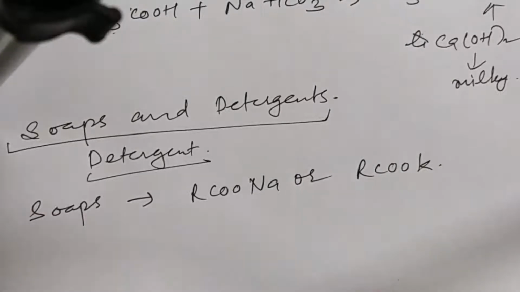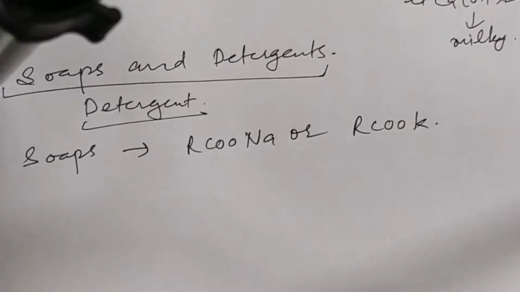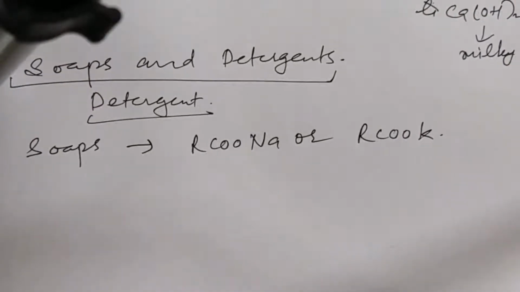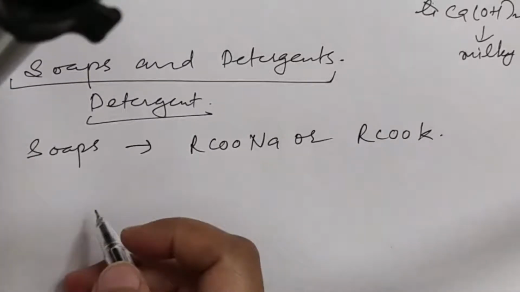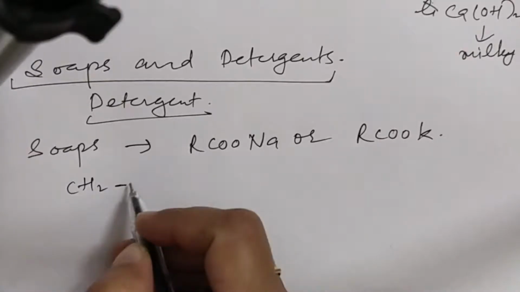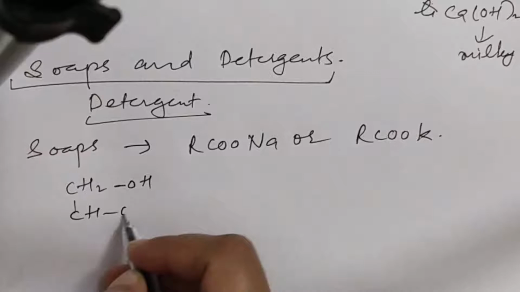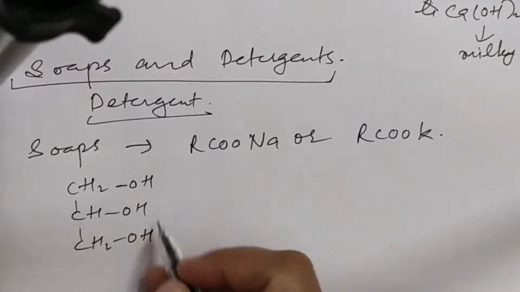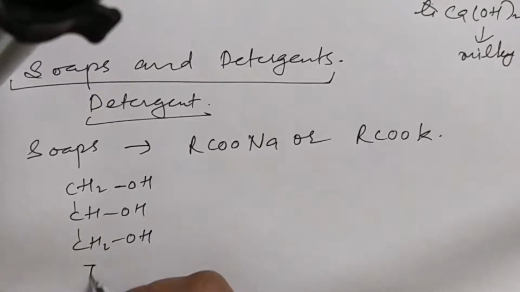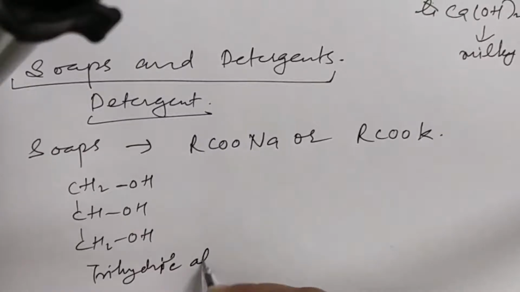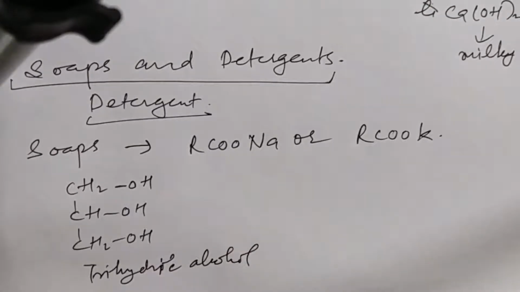Let us try to understand the manufacturing of soap, students. How can you manufacture soap? Okay, how can you do the preparation here? Suppose you are taking glycerol. Take the example of glycerol. This is 1,2,3 triol, a trihydric alcohol. The common name is glycerol. In glycerol, there are